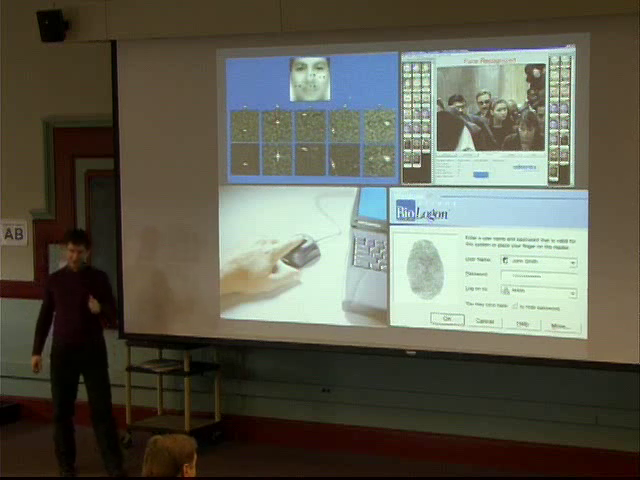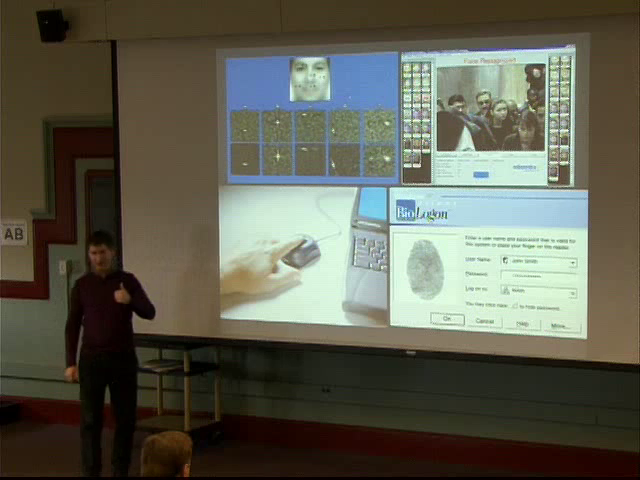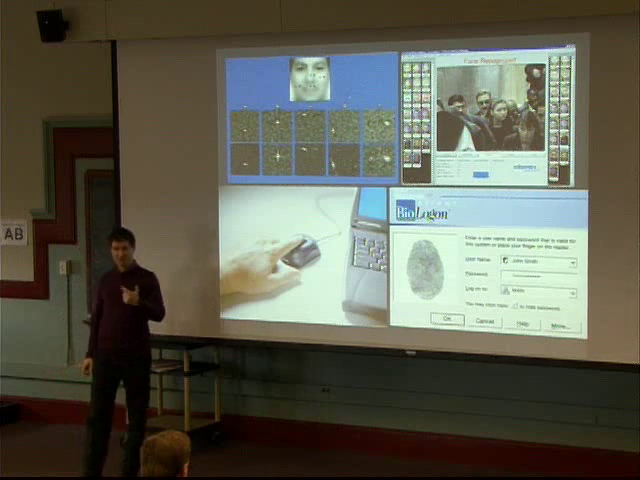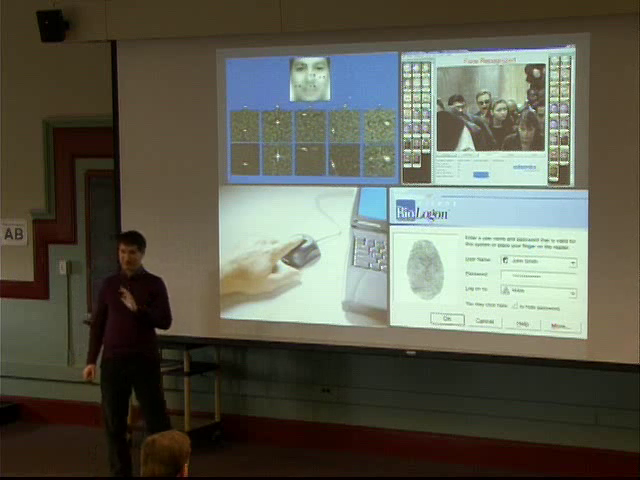I would say that in terms of how successful these problems are, fingerprint I think is good. Iris and retina are also very good. Face recognition is still a long ways off. I mean, I think that despite what you see on TV,